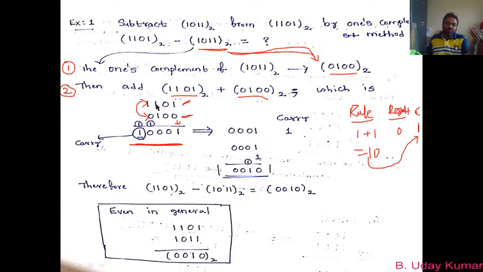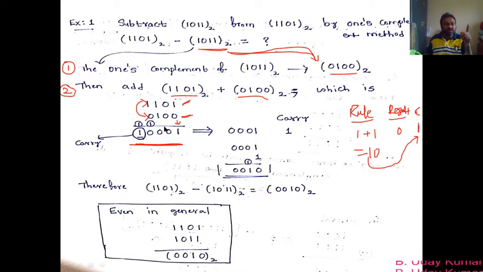Though we have the maximum number of digits as 4 here, in the answer we are getting 5 digits. So please check it out, 10001. That means the answer is a 5-digit binary number, so 1 digit is getting increased. What that shows is that you are subtracting a lower value from a higher value, and hence the answer will be positive. So that is what you have to understand.